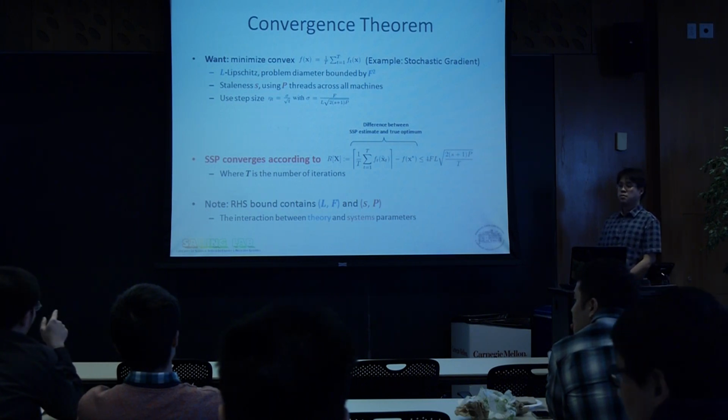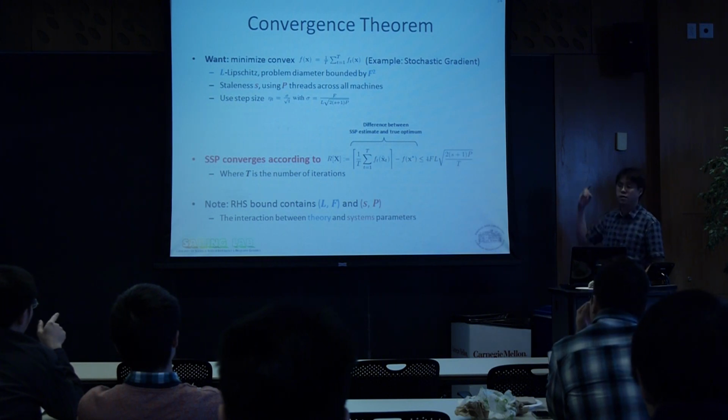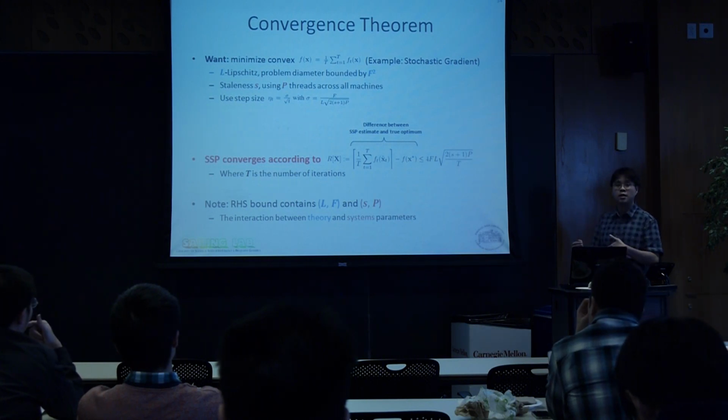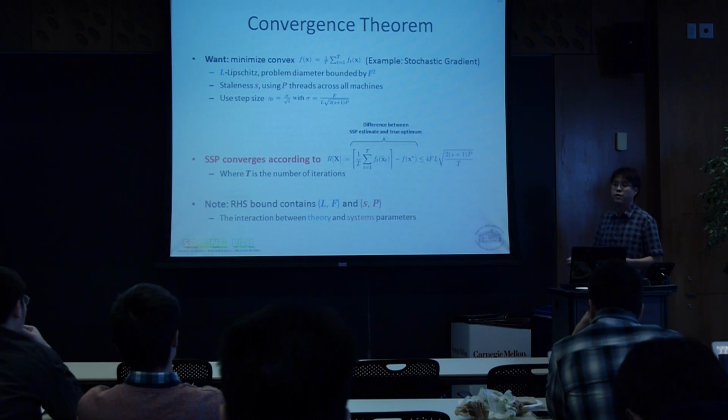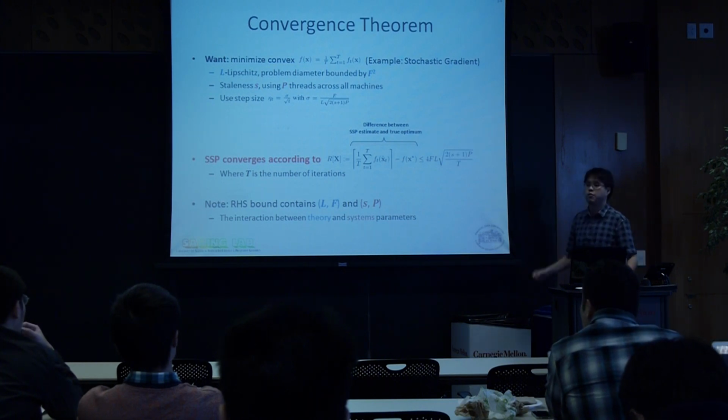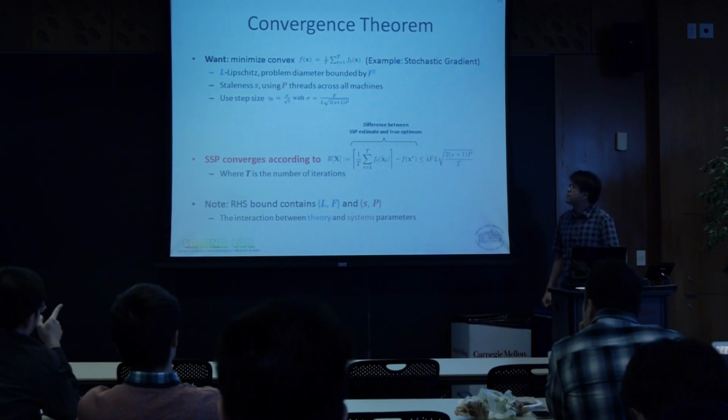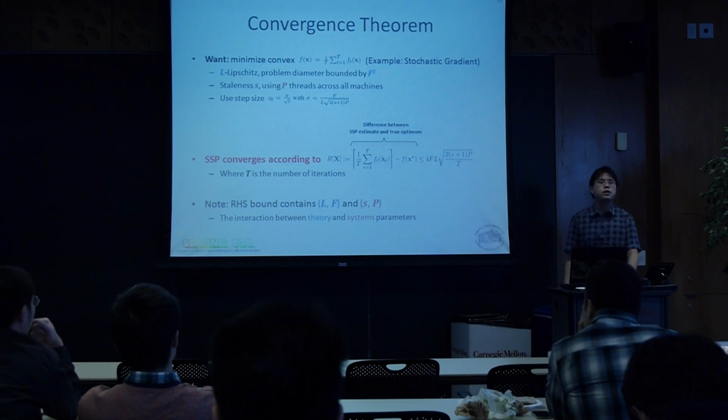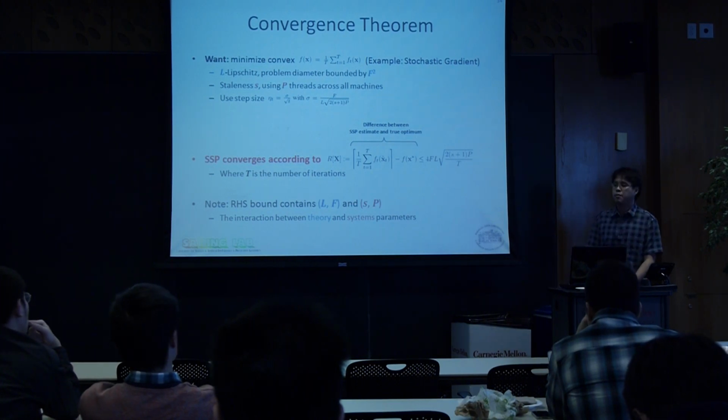Yes. This is for analyzing stochastic gradient, so we're not analyzing, say, proximal methods or second order methods here. This is analysis of what happens when you do a parallel method, a parallel stochastic gradient descent. Actually, we didn't analyze that case, but we believe that if it is strongly convex, you will in